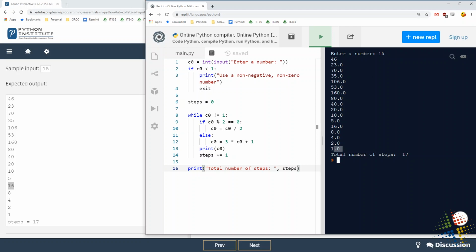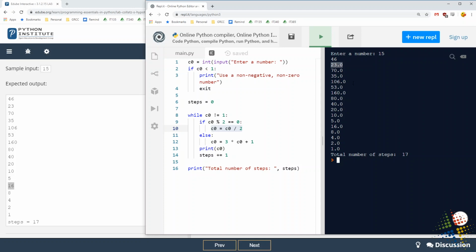And you can kind of see it happens right after this first step. So if we look through here, we start off with 15. So we come in while C0 is greater than 1. If it's even, we do this. If it's odd, we do this. So it was odd. 15 is an odd number, so we do this right here, and we get the number 46. We then come back through here, and we do this process here. We do a division, and the next number is 23.0. So somehow during the division process, it takes our integer and converts it into a float.